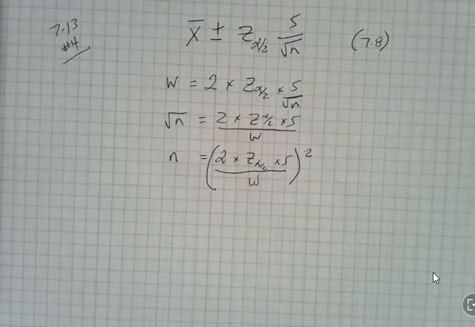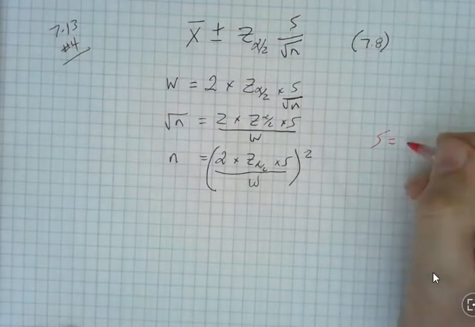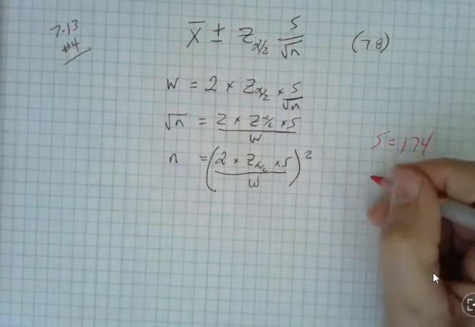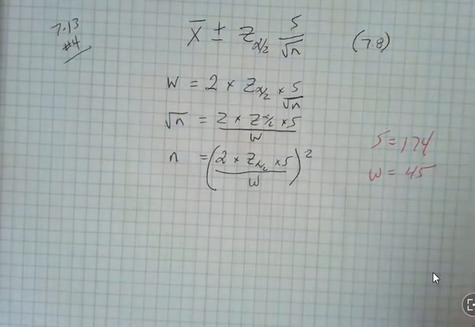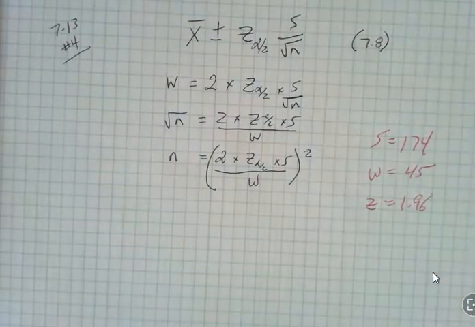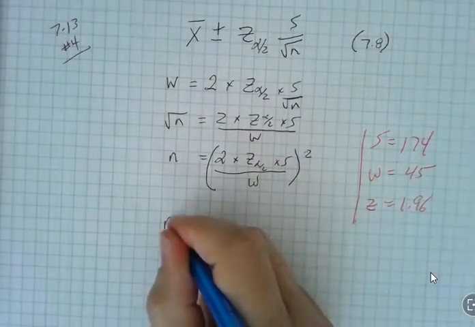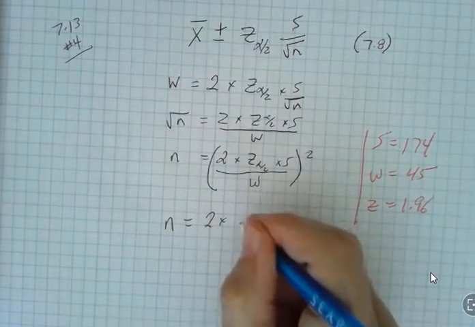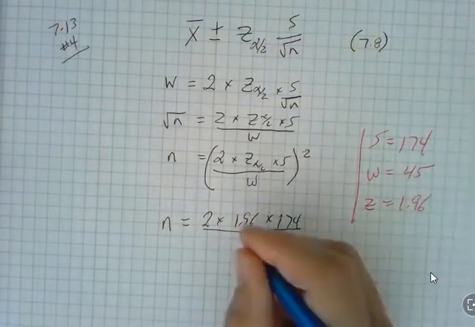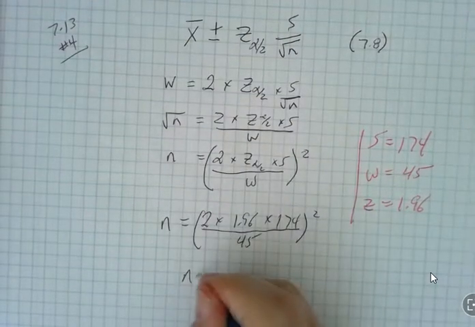So let's assume that we're doing one of our problems and we're told that we think the standard deviation is 174, and we'd like to have a width of 45 on our confidence interval at a confidence of 95%. So we're going to use a z of 1.96. Given that basic range of parameters and plugging that into the values, we would get n is equal to 2 times 1.96 times the 174 divided by the width that we want, 45, and we square all of that. Plug that into your calculator and you get n equals